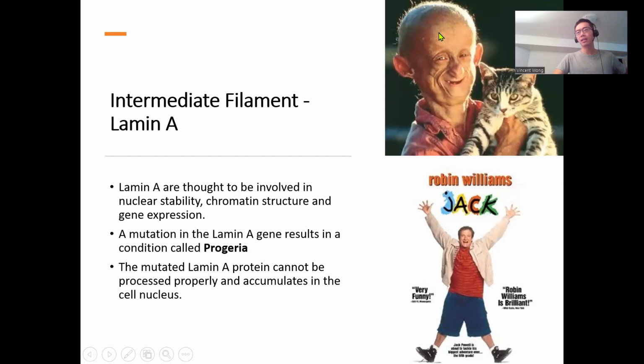Right? You might have seen pictures like these on the internet before, right? Where the person looks really old, but then there's something childish about the appearance, right? And that condition is called progeria. This person is actually about 14 years old, even though he has all the features of an elderly person, right? Thinning of the hair, the wrinkles and all that stuff. So it turns out the mutation in lamin A causes accelerated aging. Okay, and there is no cure for progeria,